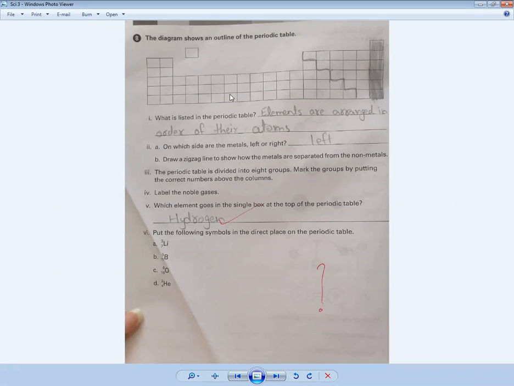Find the atomic number in the periodic table, and then see the group, and the group which is written on the top you have to write in front of these elements. Okay, so this is your homework, you have to do it yourself. Okay, this is very simple. Now we will go to the next question.